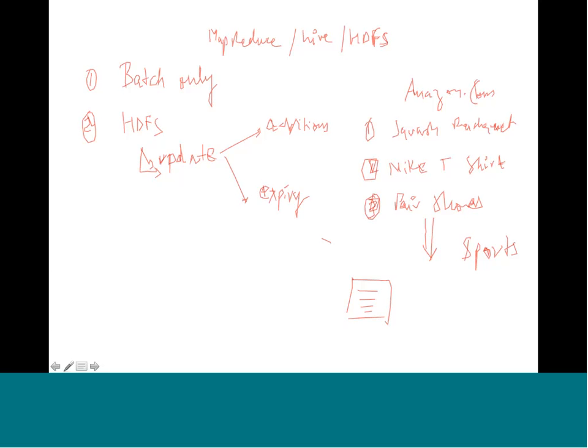The problem becomes, how do you handle change? How do you handle the fact that only 2% of the data coming from the mainframe has changed, and 98% has not changed? That's where you write MapReduce jobs. You figure out the previous version and the new version, and based on them, you create new files on HDFS. After you have created the new files on HDFS, you go ahead and update the records